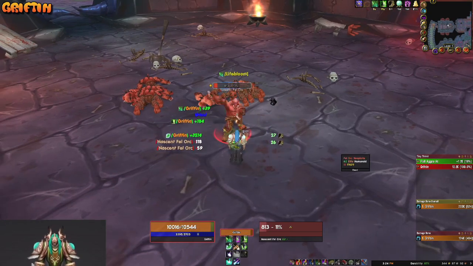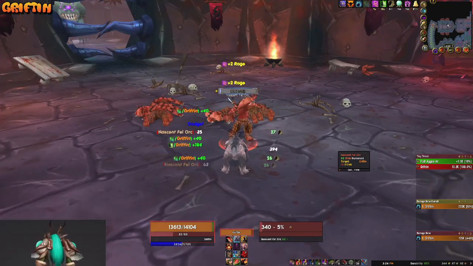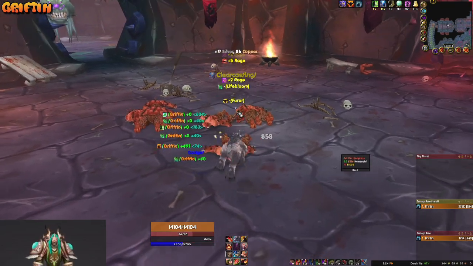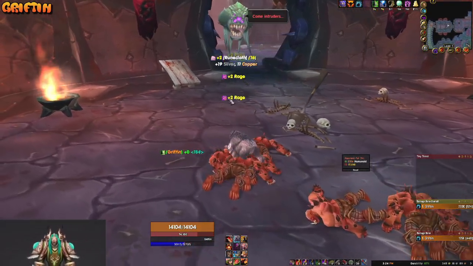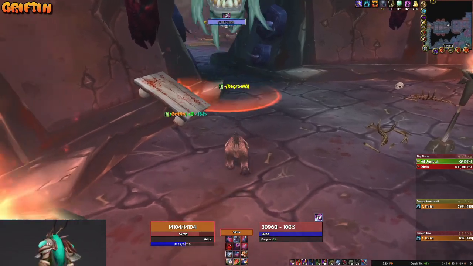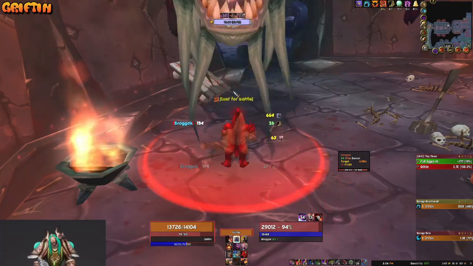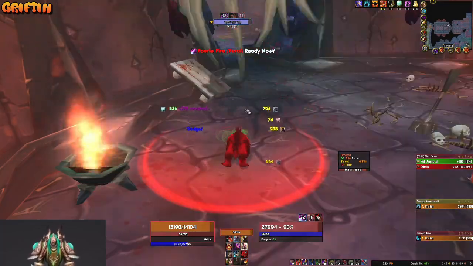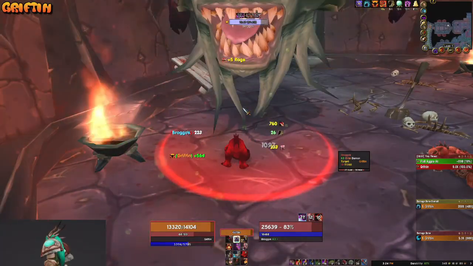Alright, so now, whoops. Go. Get some rage on him before the boss comes out. Alright, so the boss is a tank and spank. With the exception you have to move him around a little bit. He's going to put these little green marks on the ground. Pretty easy though. You're going to see the green. I'll show you. Like,